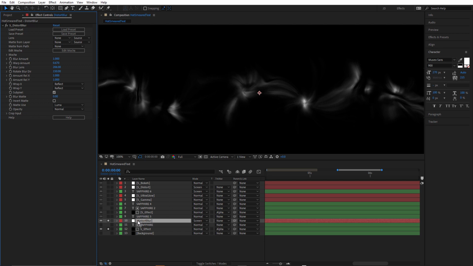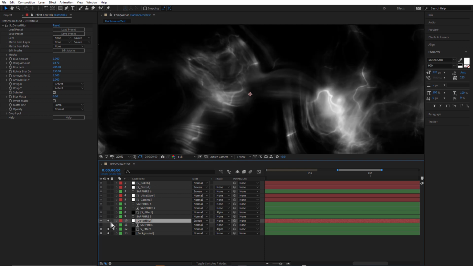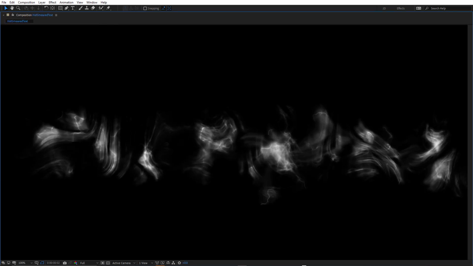And notice how the adjustment layer has completely removed all of the detail from the layers below. Now, in order to get that back, just notice here, if I click on Toggle Transparency Grid, we don't actually have a background. So in order for that adjustment layer to work correctly with the screen blend mode, I need to have a background. So that's where this black background comes in. And now you can see we're getting the combination of the distort blur and the other effects below. Turn that on and off. We're getting these streaks on top, giving us another layer of detail.